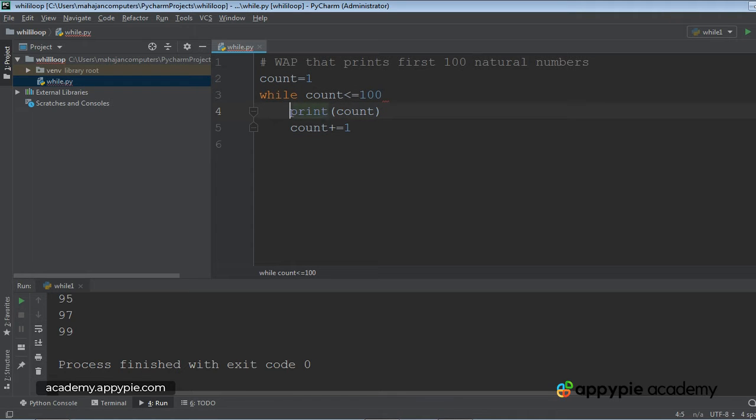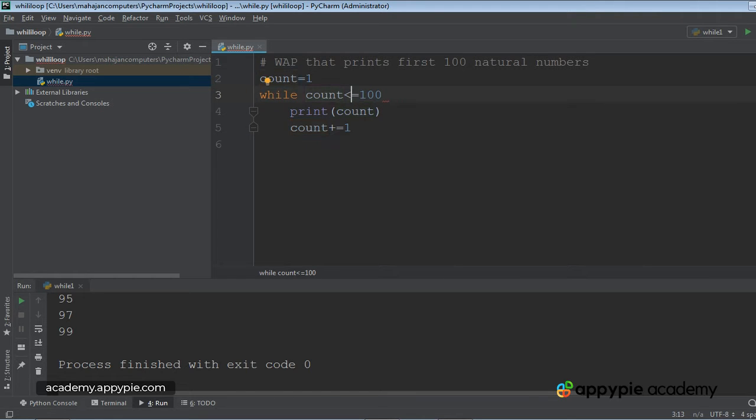It will come down to the following statements. You can see clearly that these both statements are written with equal indentation. So what does that mean? It means both these statements come under this while loop. So these are the loop statements which are to be executed repeatedly. Print will print the current value of count, which happens to be 1. Then I would write count plus is equal to 1. That will make the value of count as 2. After that, the control will go up